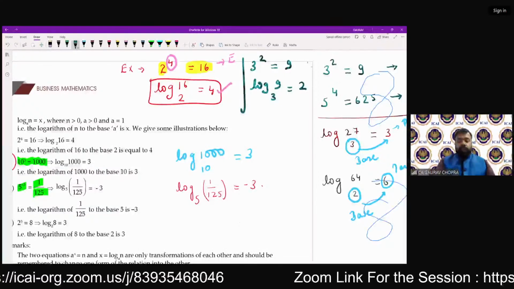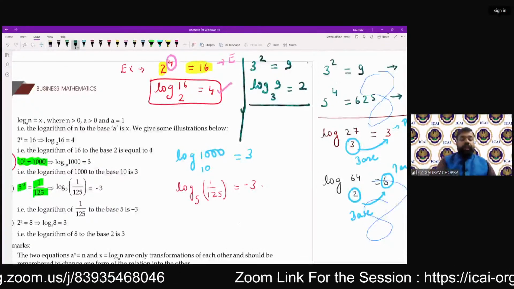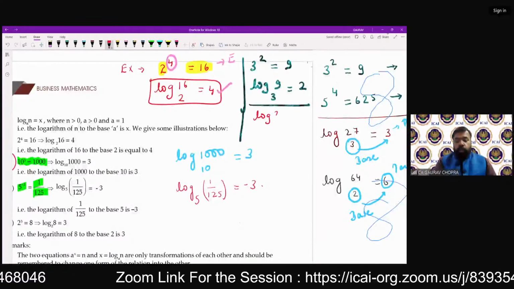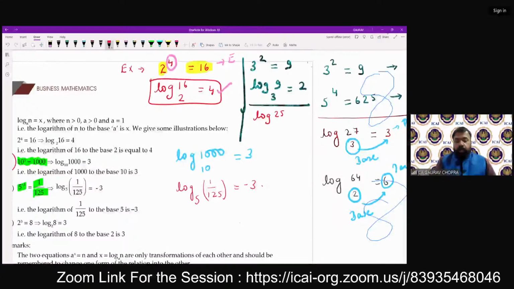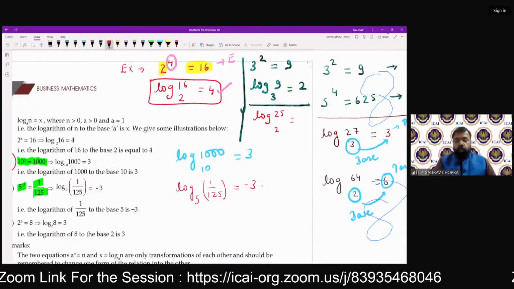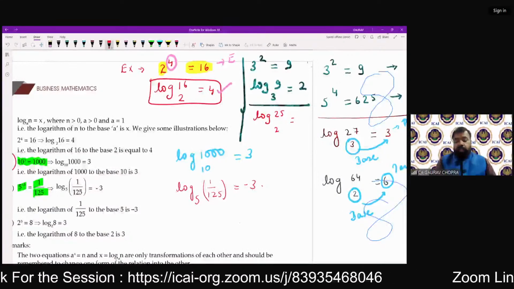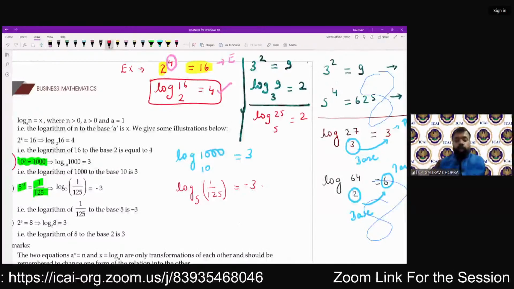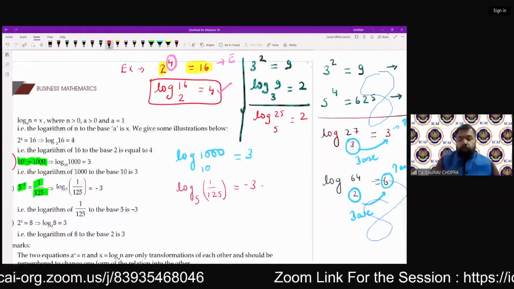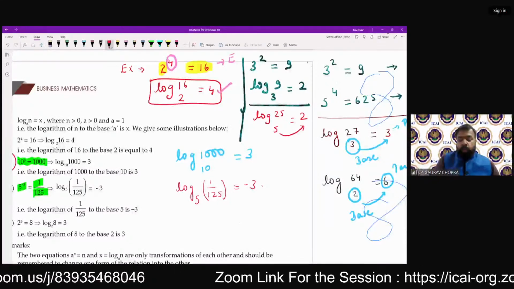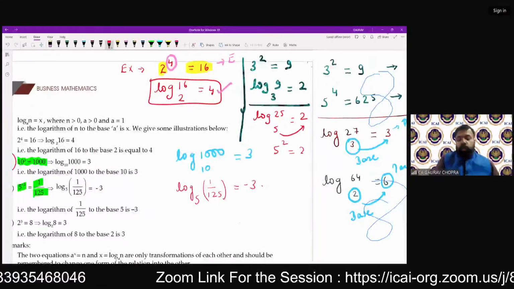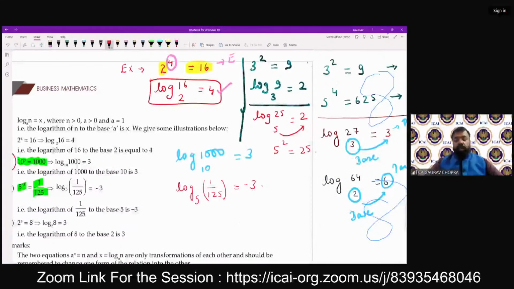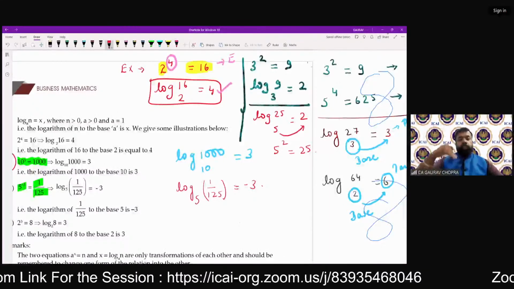अब कई बार उल्टा क्वेश्चन भी आ सकता है, आपको लॉग में वैल्यू गिवन है एंड यू हैव टू राइट इन एक्सपोनेंशियल फॉर्म। तो आप क्या करेंगे? लॉग ऑफ 25 बेस 5 is equal to 2। तो इसको आप कैसे लिखेंगे कि 5 जो आपका बेस में है उसकी पावर में कौन आएगा? 2। सो 5 स्क्वायर इज इक्वल टू 25। So this is the way of writing logarithm to exponential or exponential to logarithmic form.